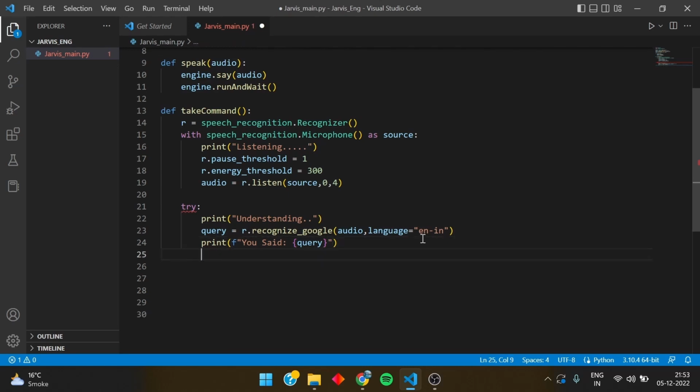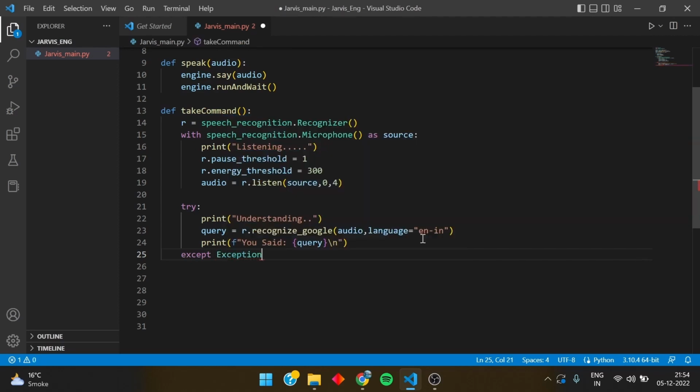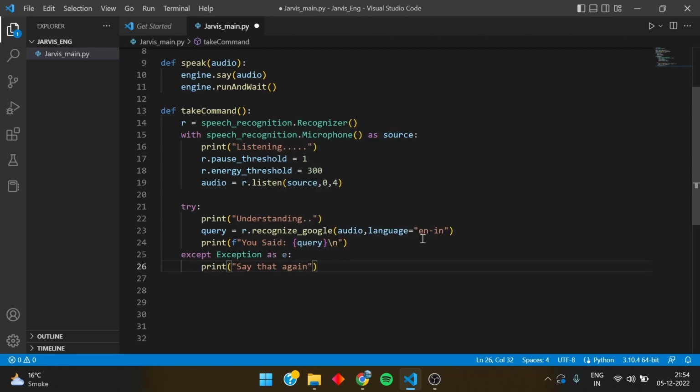Okay, so now at the query you can just add a \n to make it go into the next line. Then you have to just write except Exception as e, meaning if there is an exception, if it doesn't recognize your voice or something like that, then we can say print, say that again. That's it, simple. So what we have done till here, and then you can just write one more thing, return